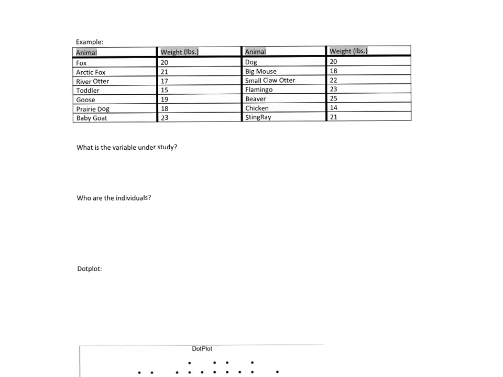So let's look at an example here. Here you see a bunch of different animals we have, and then I have the corresponding weight of each of these animals. So if you can see here, we have the weight for the fox is 20 pounds, and so on and so forth. So what is the variable we're trying to measure here? Well, the variable is going to be this weight. So the weight of the animals